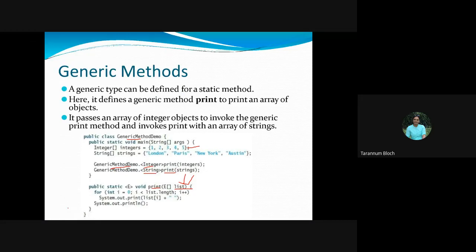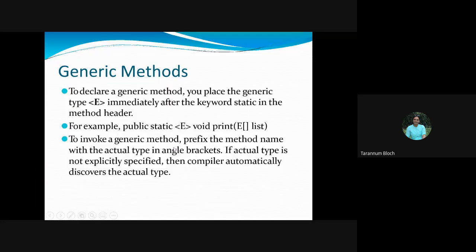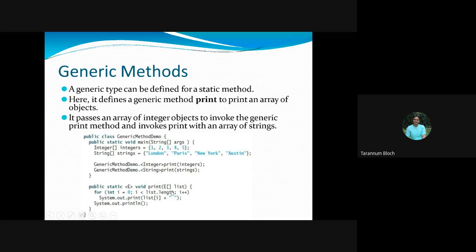Now suppose you are wondering why we do so. But think about a simple case. If you are going to print this without generics, you will have to specify the list type. Here you have to pass an integer array and you need to design a second method by method overloading. What is method overloading? When the types of the parameters differ but the work is the same, we can go with method overloading. In method overloading, the signature is different and the names of the methods are the same.